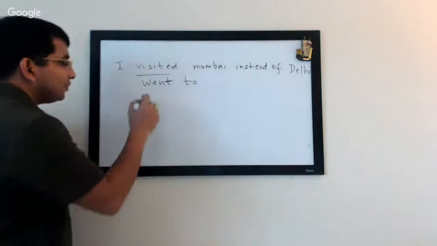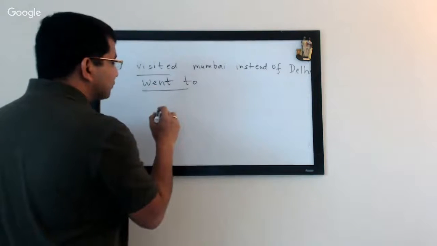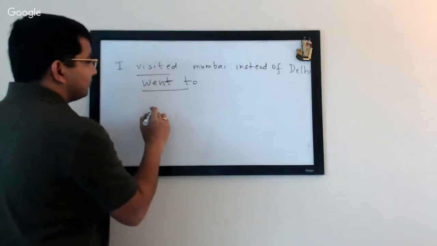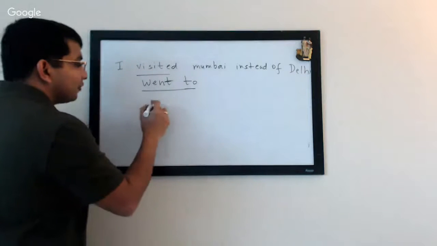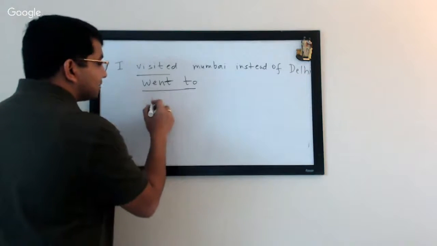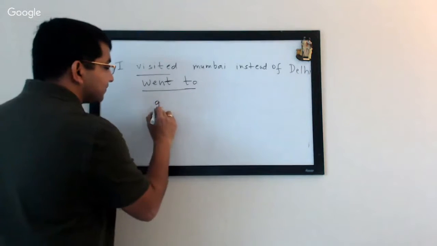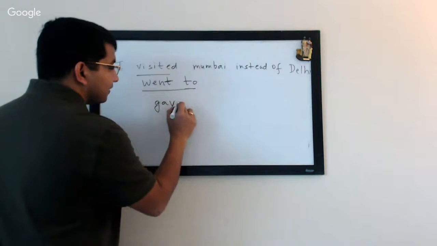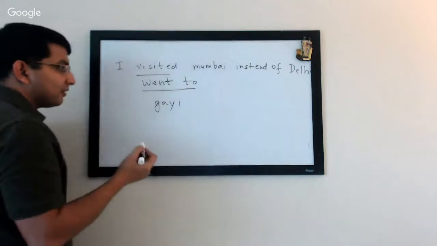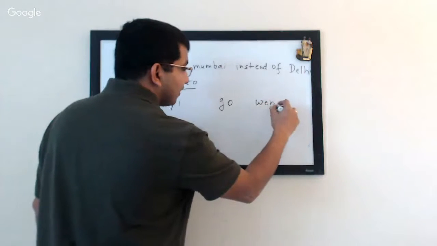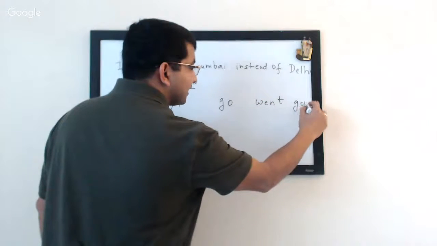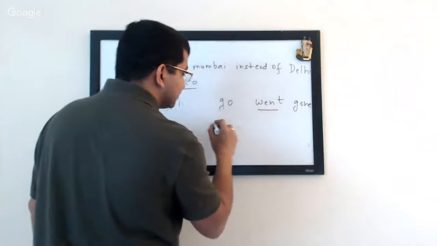But if you notice, it's basically I went to, right? It's a past indefinite. You have in English go, went, and gone, right? So in this case went is, this is jana,